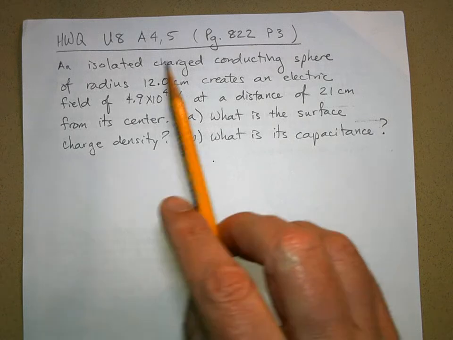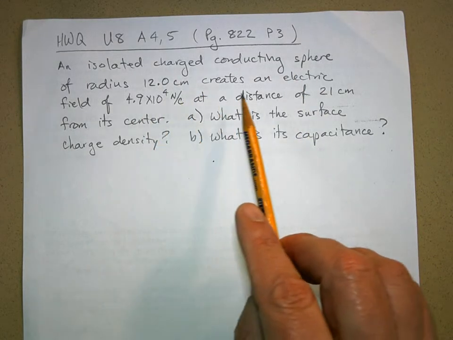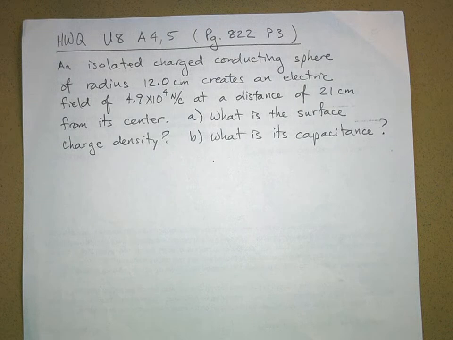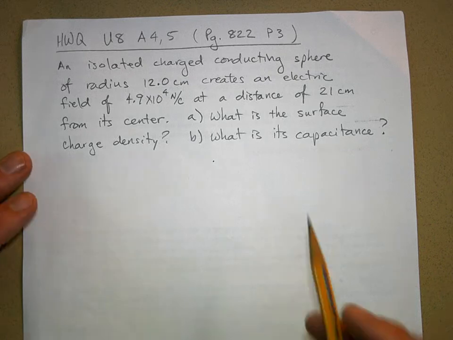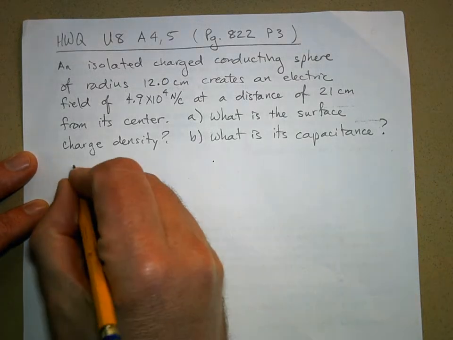We have an isolated charged conducting sphere. It's got a radius of 12 centimeters, and creates an electric field of 4.9 times 10 to the 4 newtons per coulomb at a distance of 21 centimeters from its center. What is the surface charge density? What is its capacitance? So given,